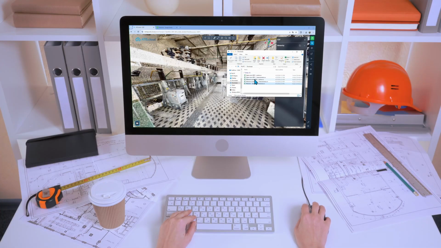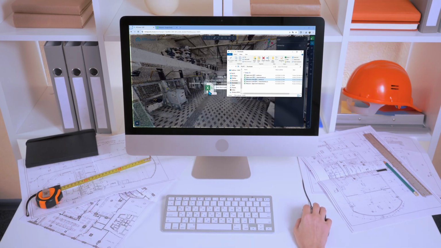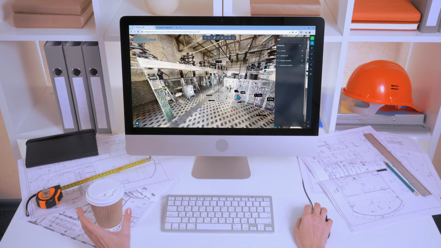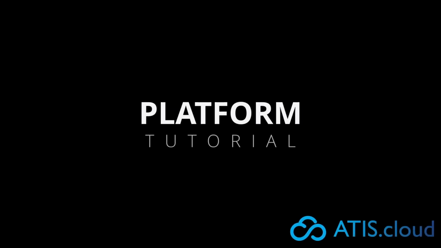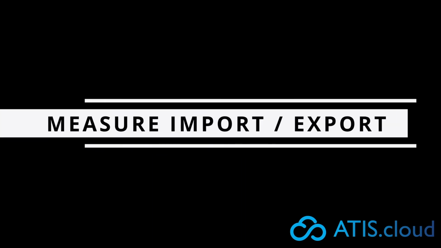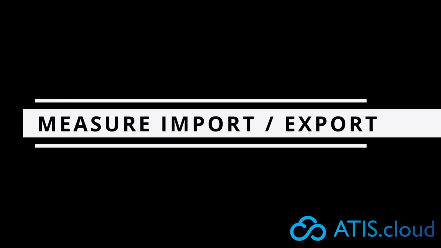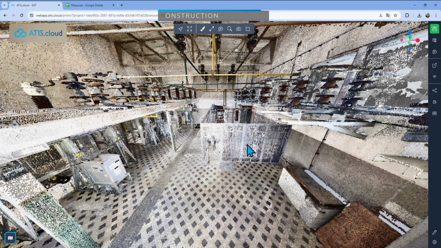Hello everyone! Today I am going to show you how you can import and export measurements from the viewer. Importing measurements can be really practical if you know that you're going to have multiple projects that are similar, or